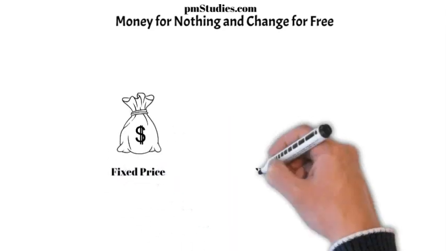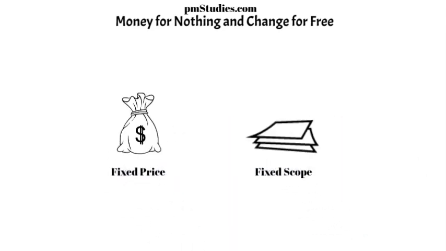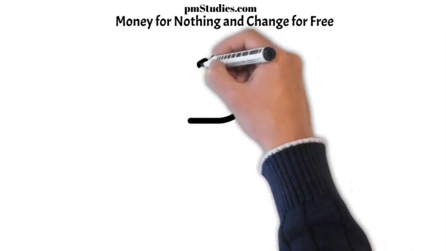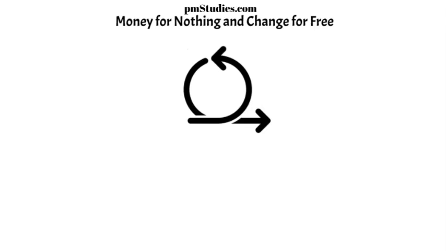In this video, we will explain the Agile contract, money for nothing and change for free. Traditional fixed-price, fixed-scope contracts often create tension in Agile projects because they resist change and assume requirements can be fully defined upfront. Agile thrives on adaptability and continuous feedback. Therefore, contracts for Agile projects need to be designed to embrace flexibility, collaboration, and value delivery over strict adherence to an initial, often imperfect plan.